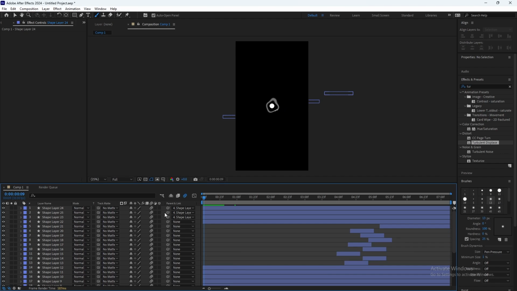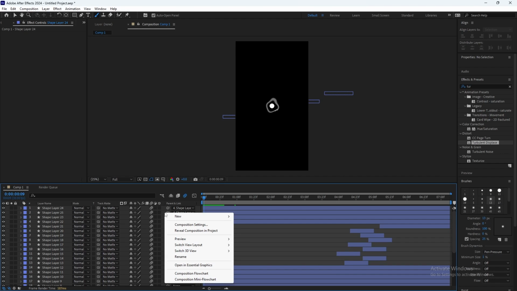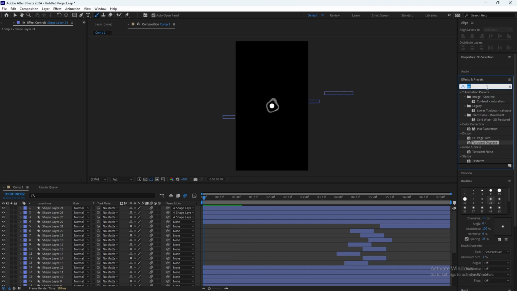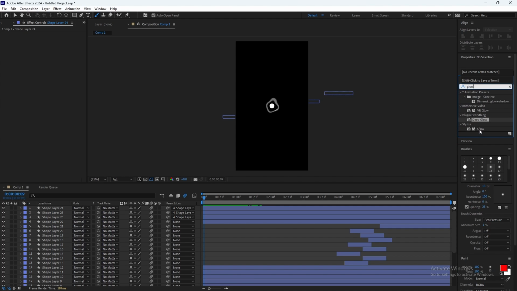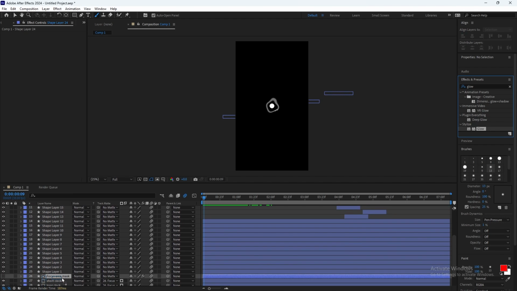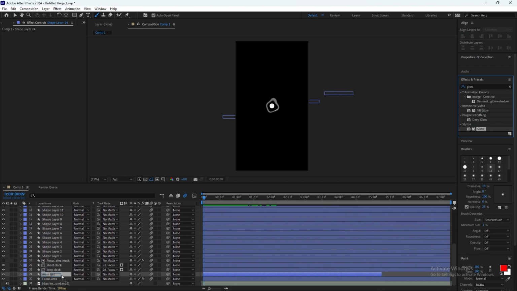The other one is glow. You can do deep glow, but I know most of y'all don't have deep glow, so you can just use glow. Let's add it to the main ball first.